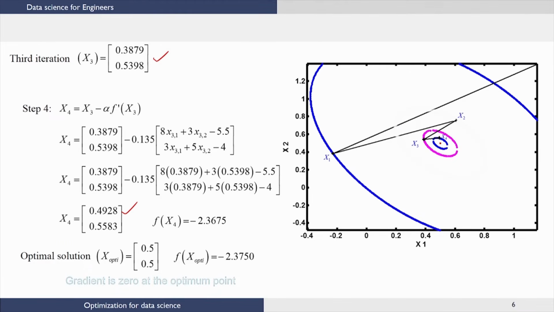Also notice a couple of other interesting things that we see as we go along through this optimization procedure. I think the first value was very high for f of x, and after the first iteration the objective function value came down quite a bit, and then we gradually keep improving it. As you get closer and closer to the optimum, the improvement in your objective function value in the later iterations of the algorithm is going to be less. What I mean is the very first improvement when we went from x 0 to x 1 was a large improvement, but when we go from x 2 to x 3 and x 3 to x 4, while the objective function is improving, the amount of improvement keeps decreasing,